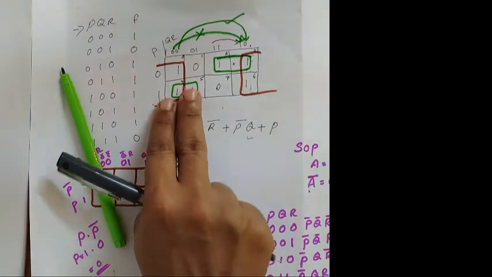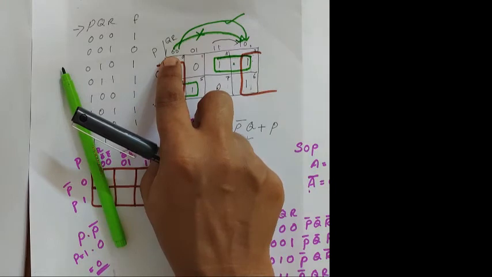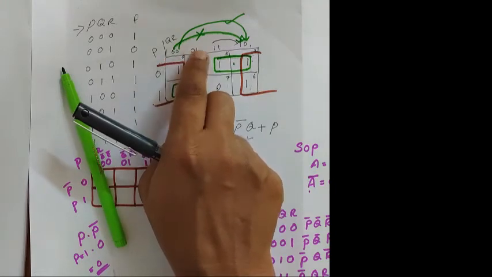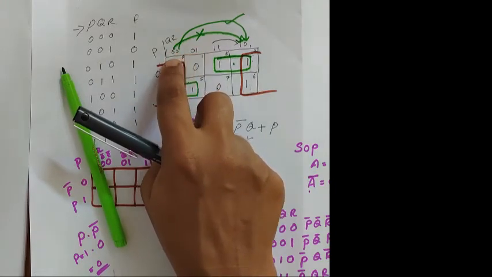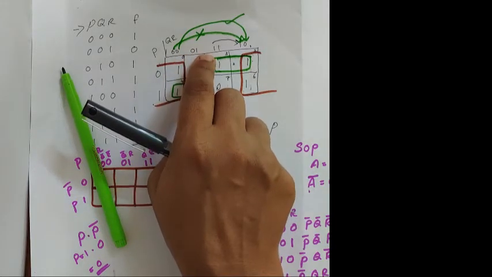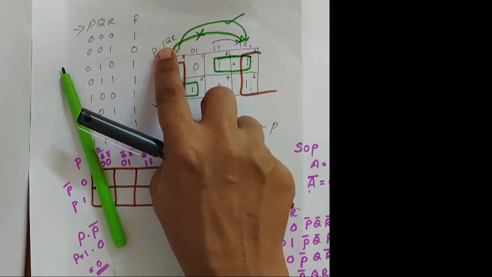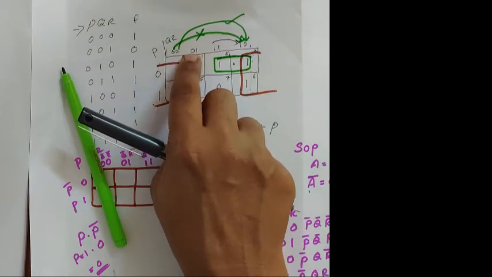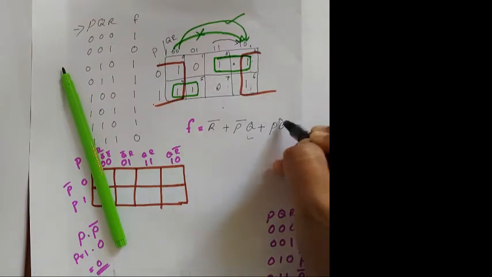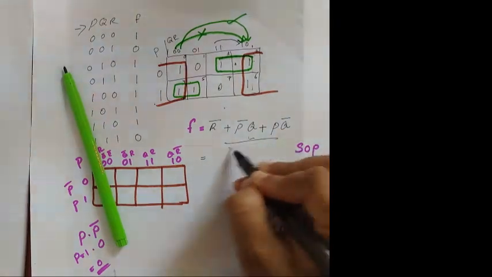The same thing you have to check for Q and R. Just look, Q. Q is not changing from 0 to 0. It is the same, 0, 0. And R is switching from 0 to 1. So you can't take R, you are taking Q, and Q is given as what? Q bar. It is 0, no? So you can take as Q bar. Okay, and this will give you your final expression.